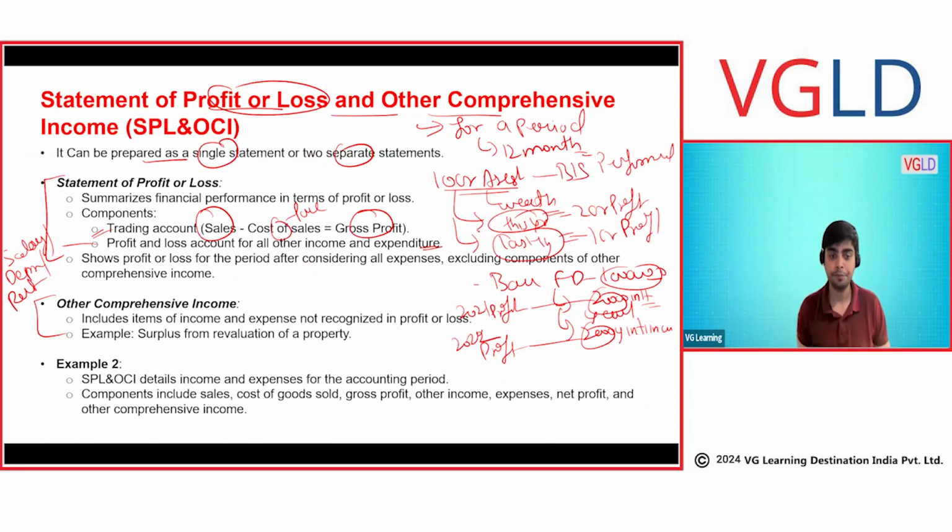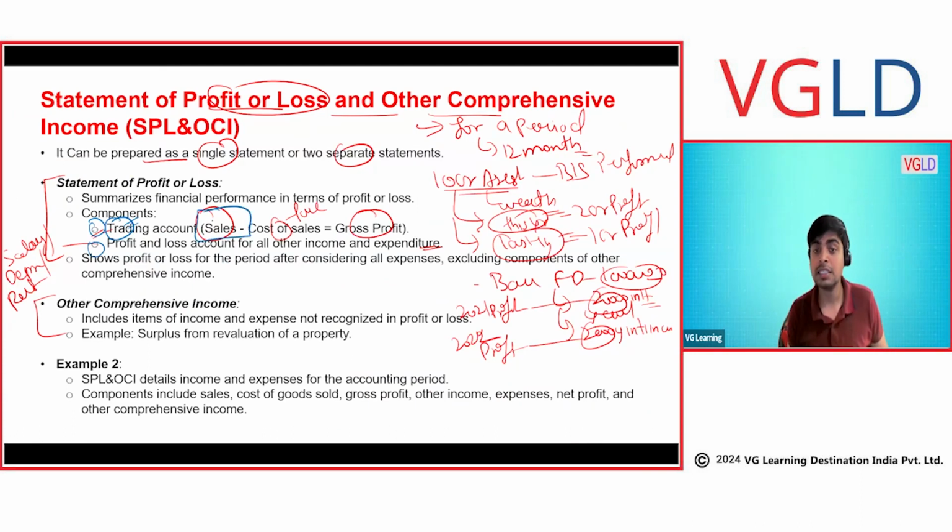Okay. So when we talk about profit and loss, I'll just introduce you to the format of profit and loss. Profit and loss basically has two components. One is trading profit. What is trading profit? The business that you do. I do a business of selling phones. So by selling phones, how much profit have I made? I'm not talking about the marketing expenditure that I have done for selling. I'm not talking about the salary that I have incurred for employees running my offices. So this I am not including.